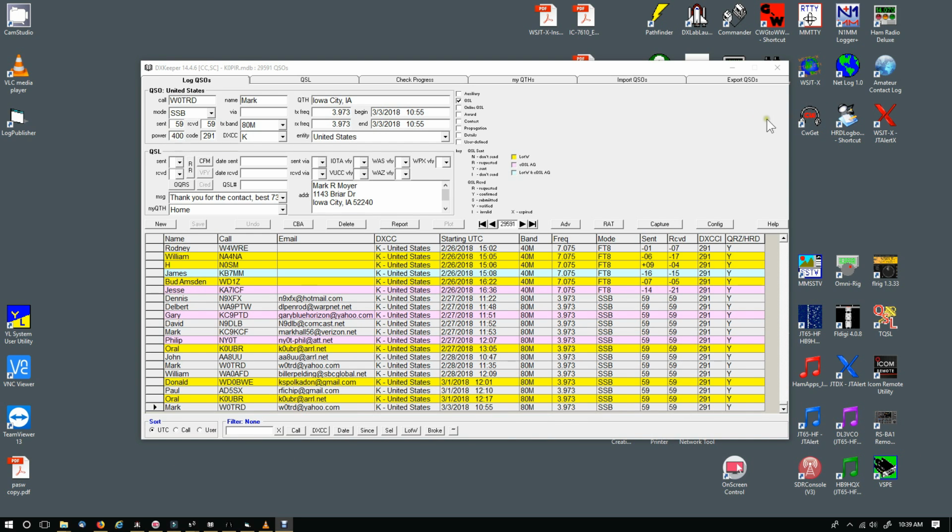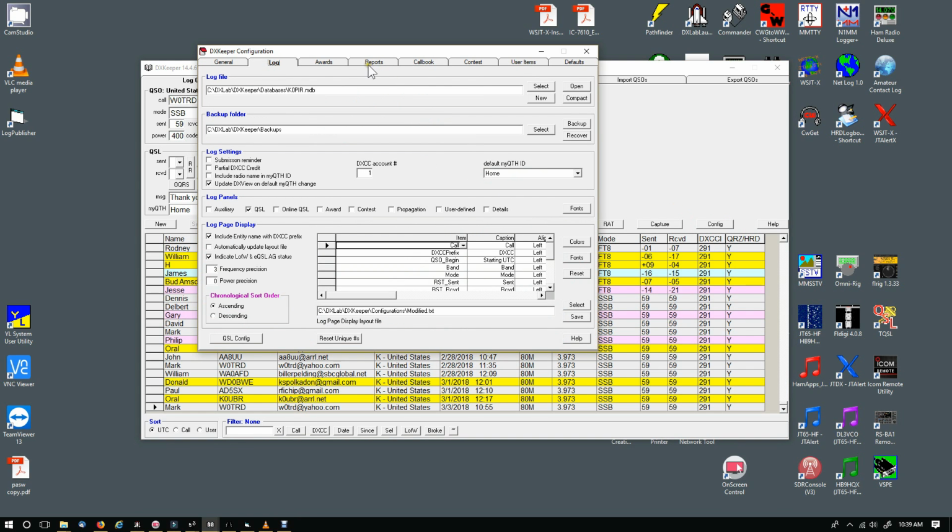I'm just going to go through a few things with DXKeeper and how to set it up if you're just beginning or just starting out with it. There's only a few things you need to configure. But when you get your log imported, you'll have a log page display, and this is the log page display. There's a few things that you probably want to get set up, and I'm going to click on the config button, and we're going to open up the DXKeeper configuration,